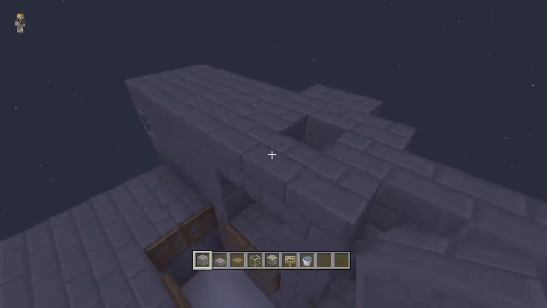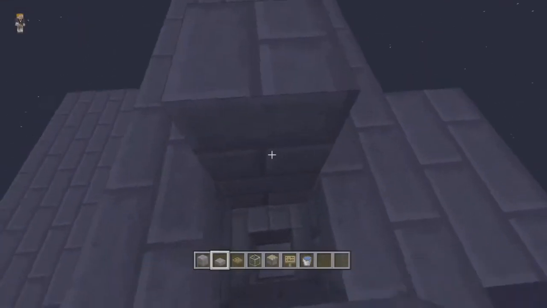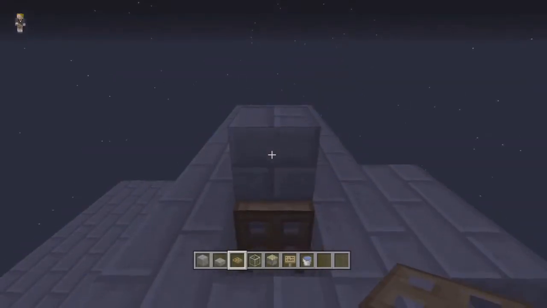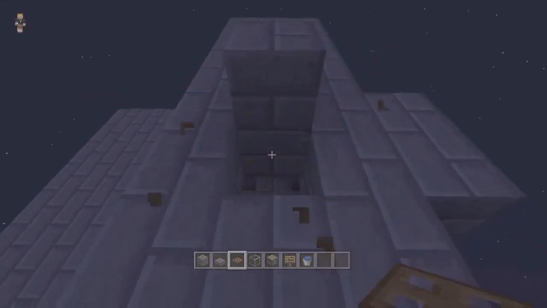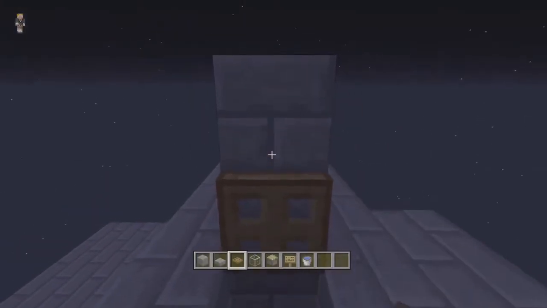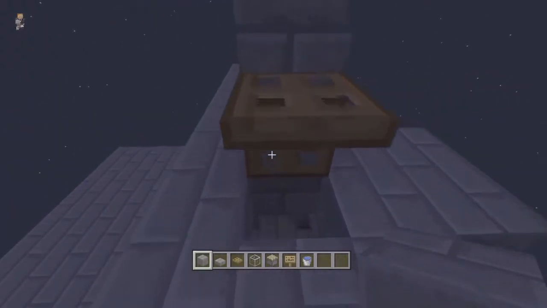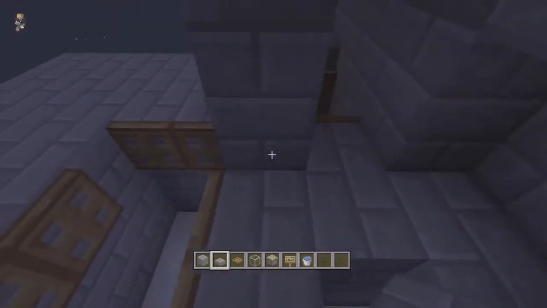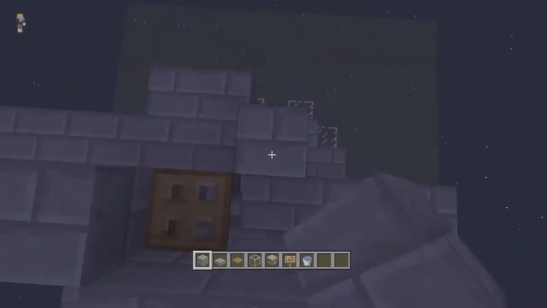So what I like to do is cover this up and keep it like that, because this is where, put this trapdoor here, that's where that's gonna go. And oh no, sorry, this trapdoor is gonna go right here, as this one's gonna go straight ahead. And you can kind of already tell what's gonna happen. This is gonna slowly open up and close for the mobs. And just put a little wall over it,